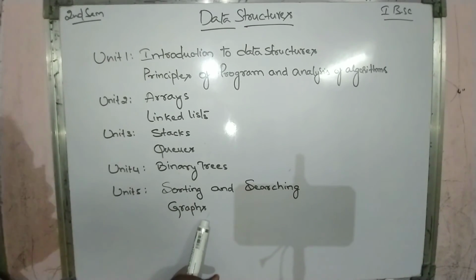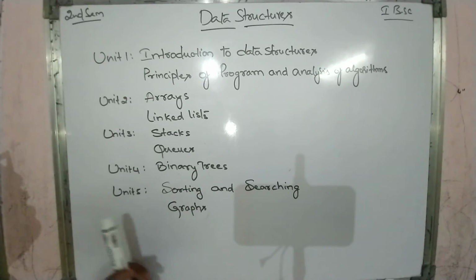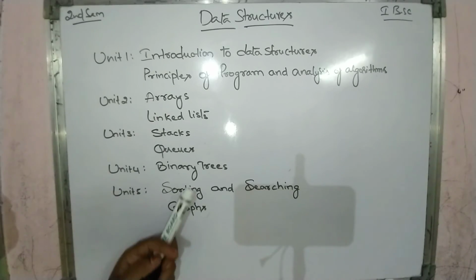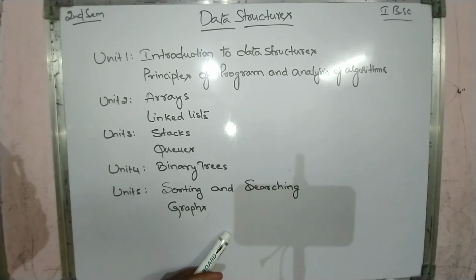And in this we are having 2 algorithms. By basing upon that algorithm we can construct a MST, minimal spanning tree. Okay, those algorithms are Prim's and Kruskal algorithms. These topics comes under your topic graphs. This is about unit 5. These are the 5 units we are going to learn in our data structures. This is your second sem computer paper.